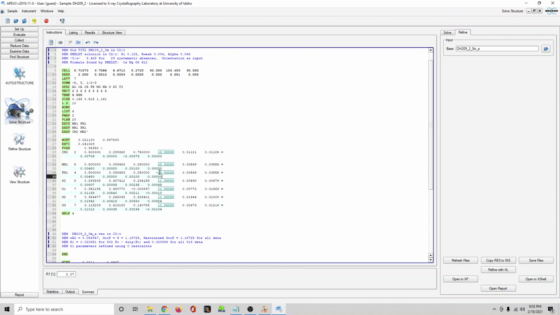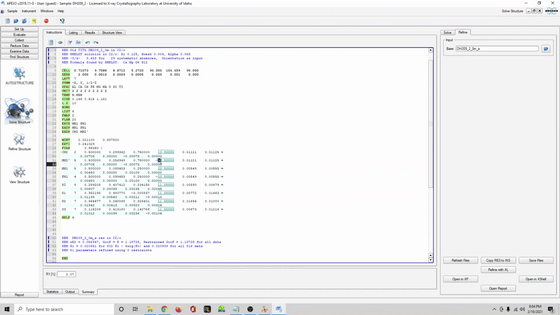I'm going to leave that one. And EADP, maybe I should leave. Yeah, you want to actually leave these positions. But what we're going to do is assign a fraction for the site occupancy factors. The reason that these are 0.5 is because they're on like a mirror plane or something, or a two-fold, I guess would be the equivalent. A four-fold, this would be 0.25 if the atom is lying on a four-fold axis. Things like that. It just indicates the fraction of electron density